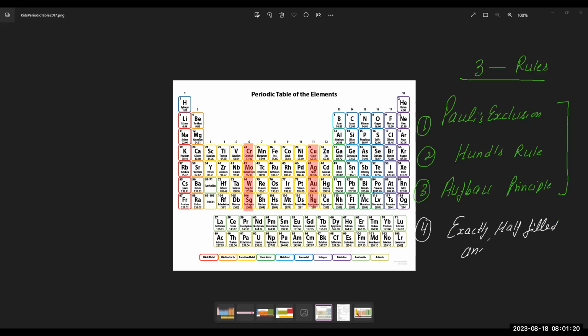When you are writing the configurations, if you can make a configuration exactly half filled, like in case of chromium, by jumping electrons from one subshell to another, that can be done. Like here, one electron jumps from 4s to 3d to have exactly half filled chromium configuration. Here, one electron jumps from 4s to 3d to make it exactly fully filled d subshell,